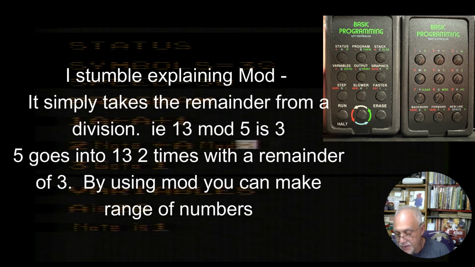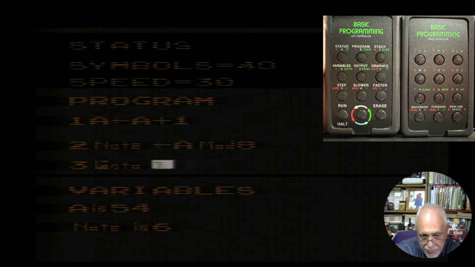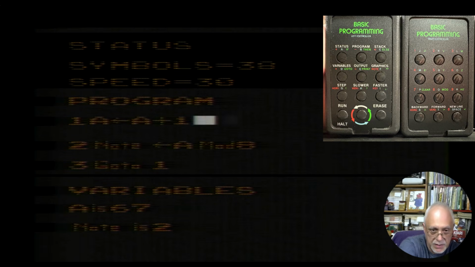So what it is, it's always a number that is up to 8. Isn't that kind of cool? If you notice, down here on the screen is note is. So because the division is by 8,